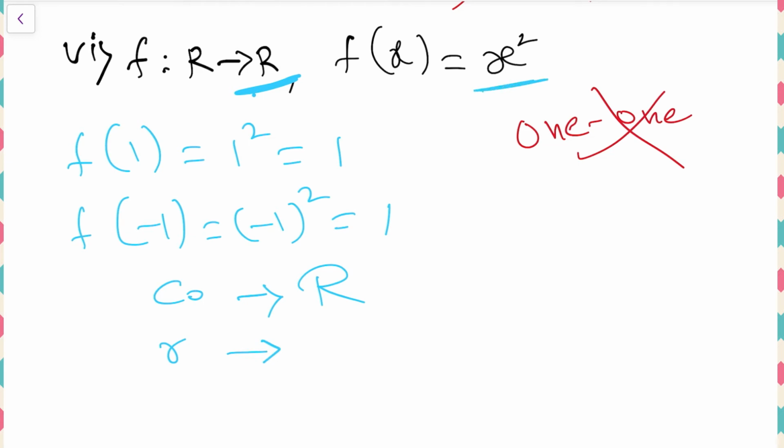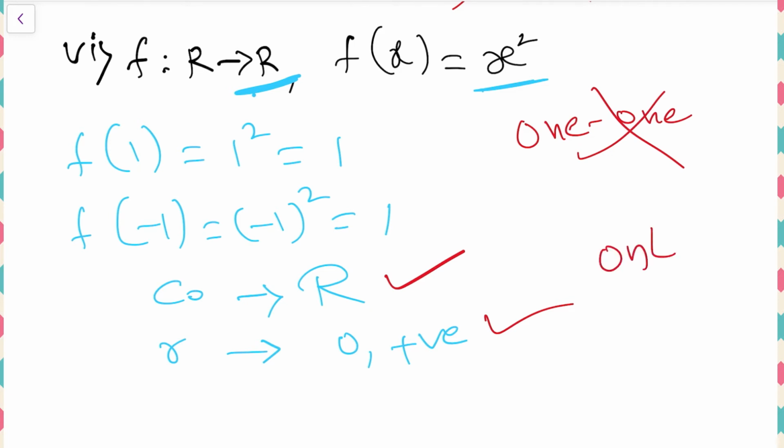So x square means whatever real number you substitute in the place of x, the answer will always be 0, otherwise positive numbers only. If we observe the codomain, it is complete real numbers. It means negatives also will come. It means root 2 to root 3, like that also it will come. Whereas in the range, we have only 0 and positive numbers only. So codomain and range both are completely different to each other.